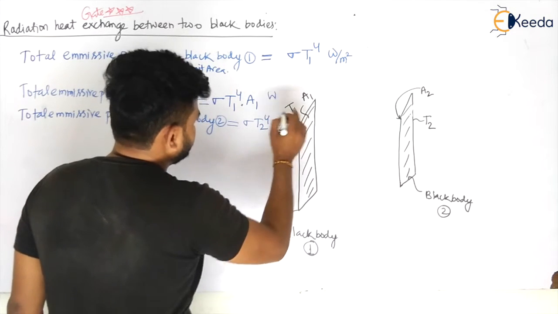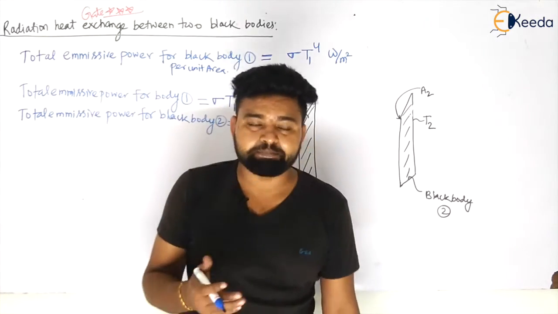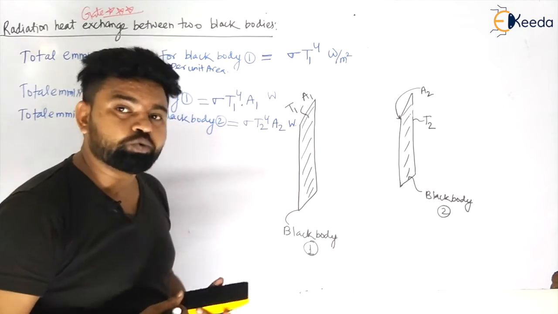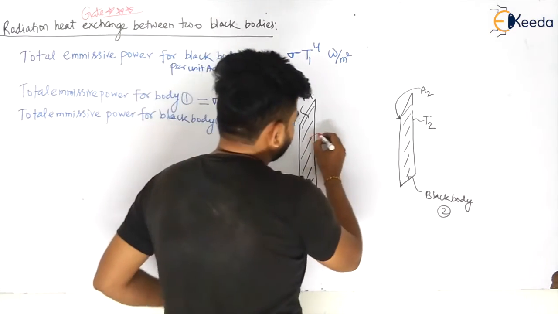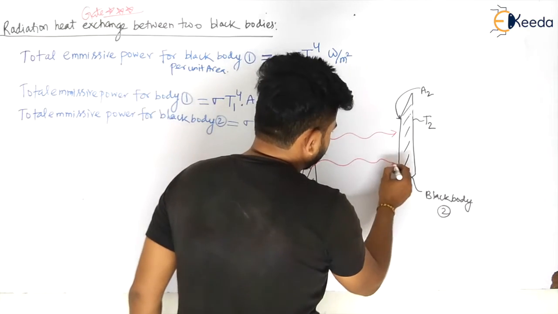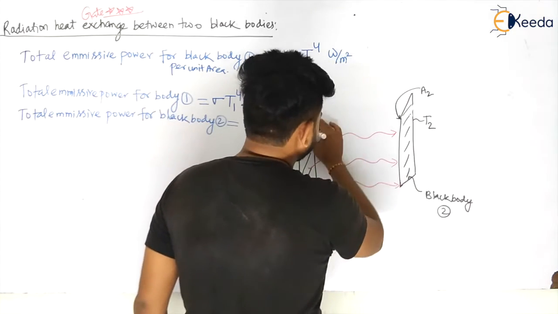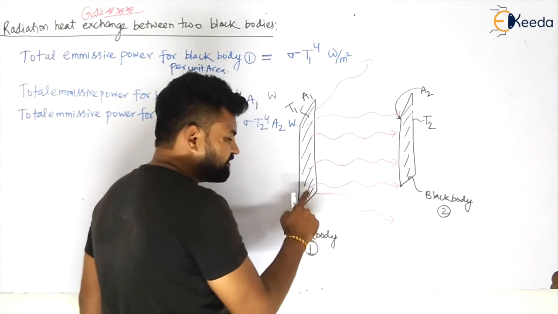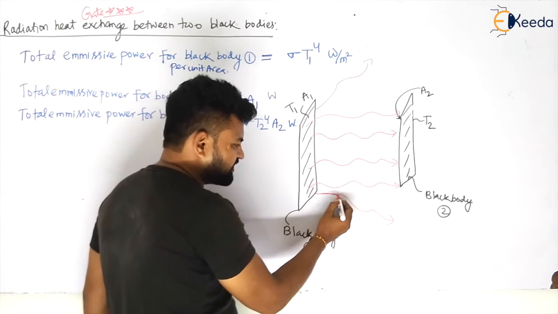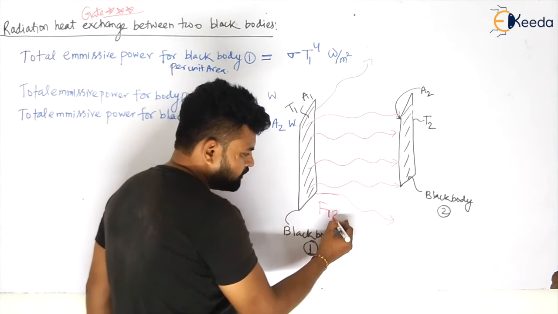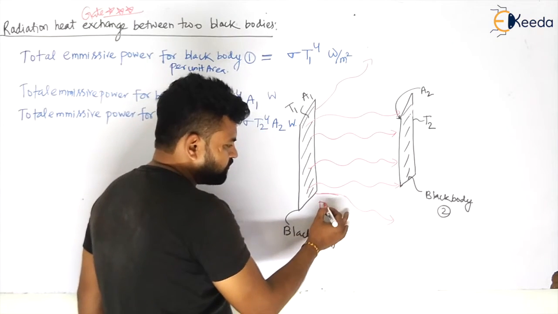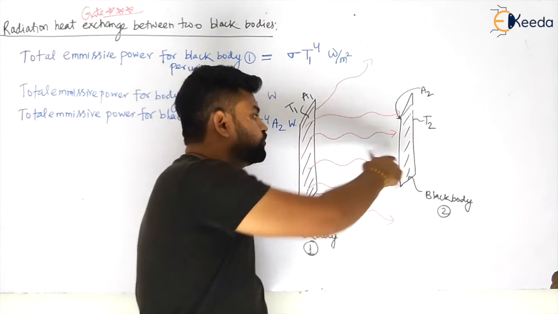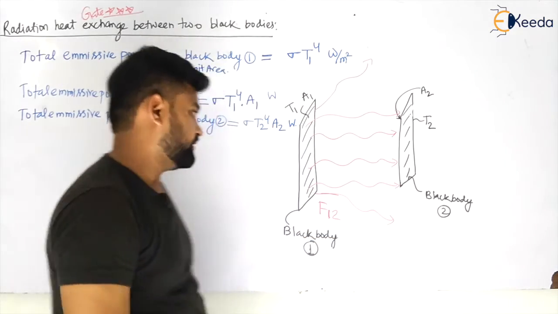So now this may be happening that this is radiation in all directions, and some fraction may be reaching surface 2. Let us take it. So again we are going to the shape factor, my dear students, and some is going out. So what will be the shape factor for this, that is leaving surface 1 and falling on surface 2, my dear students? So can I calculate the radiation absorbed by the body 2? Yes, I can calculate. Yes, let us see.